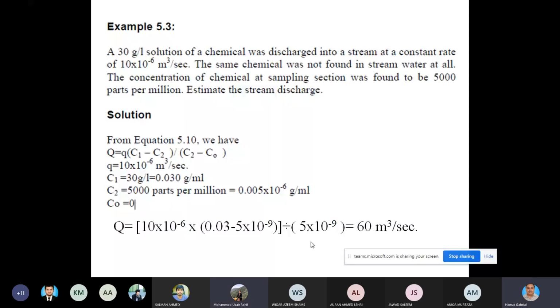Excuse me, sir. Yes, here I think the units have to be taken care of. Yes, what do you want to ask? Sir, what is C naught, and is it right to take only one sample of the downstream, because the concentration would differ in different parts of the downstream section? So only one section will work, sir?